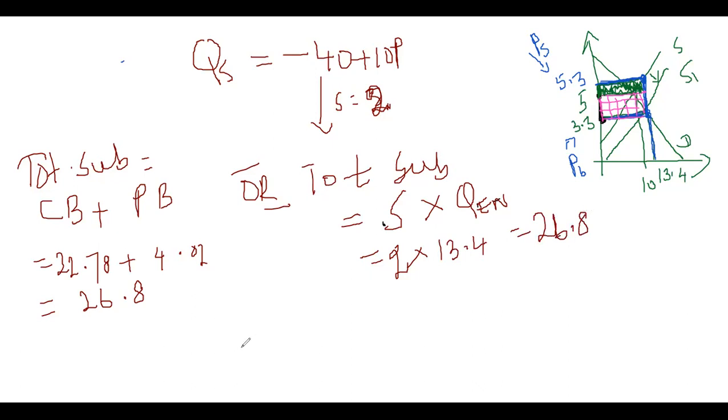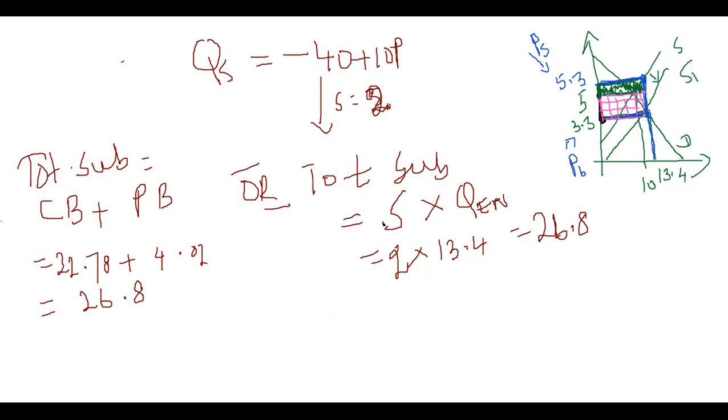As students, according to the question, you have to answer whichever the suitable and feasible way you can select and do. As far as this question is concerned, the first method is very easy since we wanted to calculate both the consumer and producer benefit. Whereas without asking consumer benefit and producer benefit, when they ask the total subsidy, calculating these benefits separately is just time consuming. Therefore, I recommend you to do unit subsidy into new quantity if they have not asked the consumer benefit and producer benefit. All right.